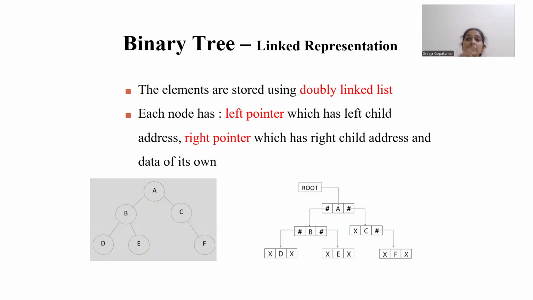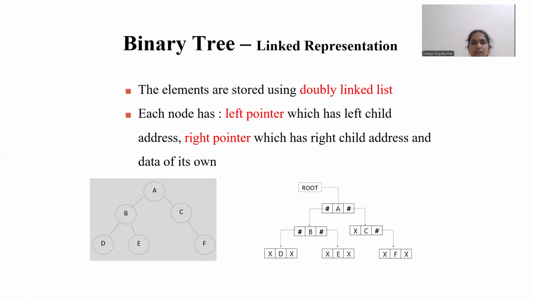So we are in need of 3 different fields. That is possible only using the doubly linked list, where a node can have 3 fields: the data field, the previous field, and the next field. Here, instead of previous and next, we will call them left child and right child. Each and every node will be represented using 3 fields: one is the data part, the other one is the left child to hold the address of the left child, and the right one is to hold the address of the right child.